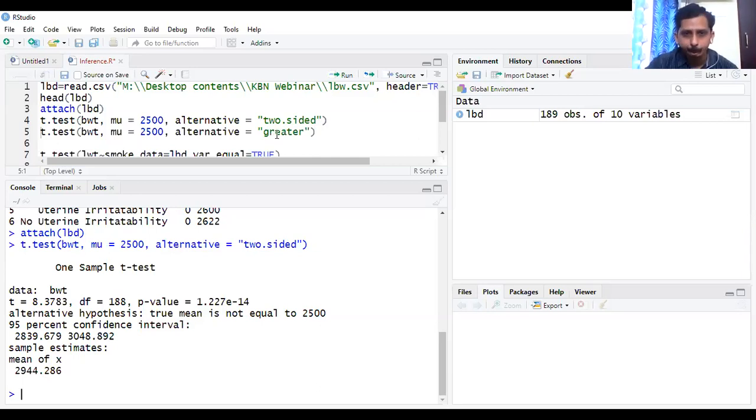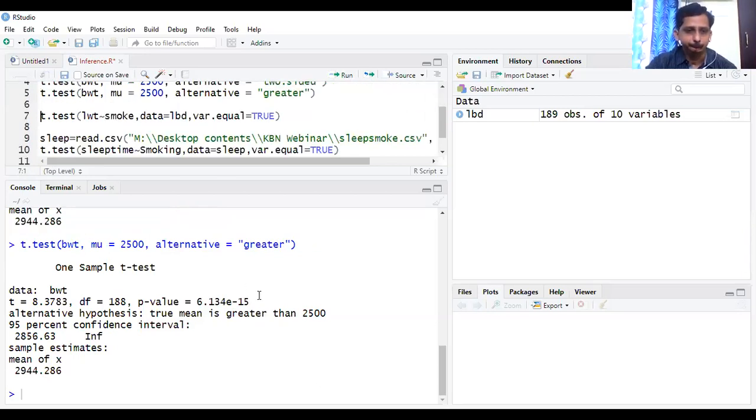Okay. Now, if I change it a little so that the alternative is greater, then the p-value will change, because now the region will be only one-sided, greater than. Only the right side of the normal curve will get activated, and according to that the p-value will be computed. Here also we are still rejecting,